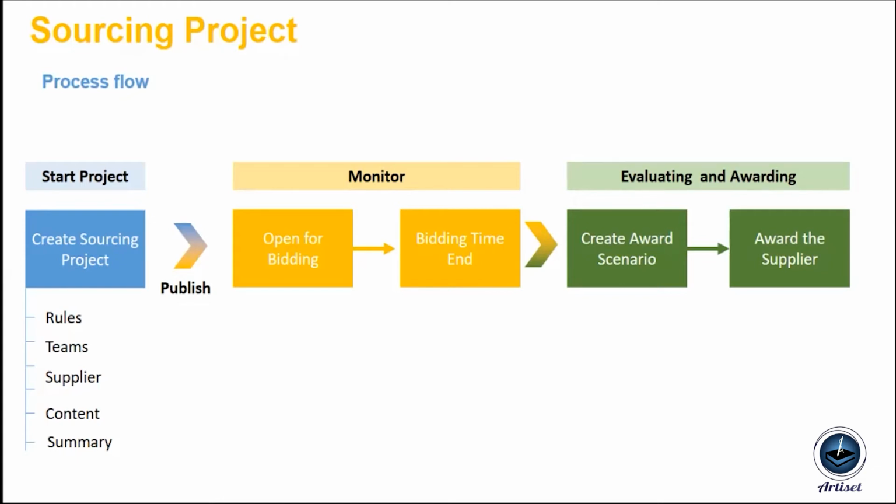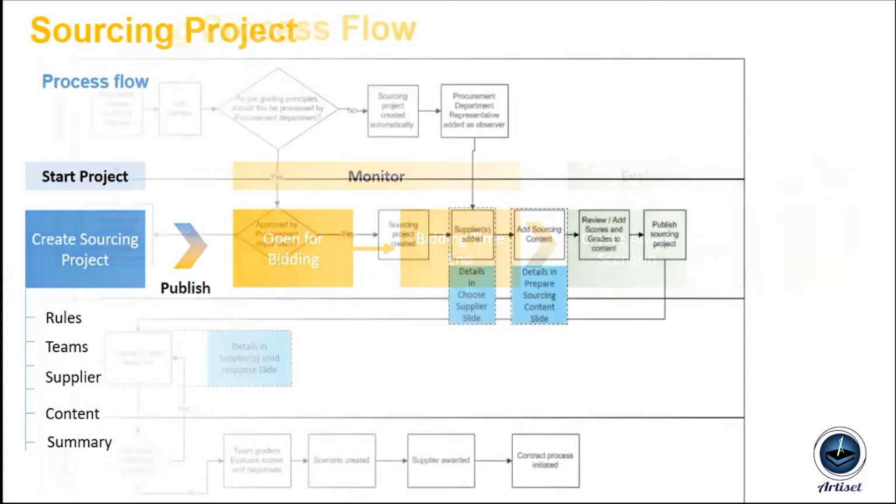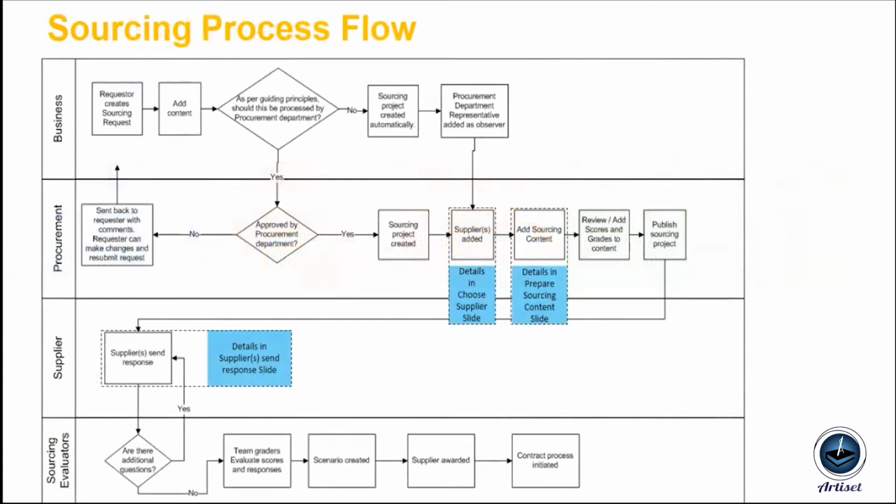After that, we award those suppliers and we move ahead with the contract or PR as per the business requirement. Talking about the big process flow, which we have just discussed: the business will raise the sourcing request. They will add the content they want from their suppliers to see, and as per the guiding principle, what